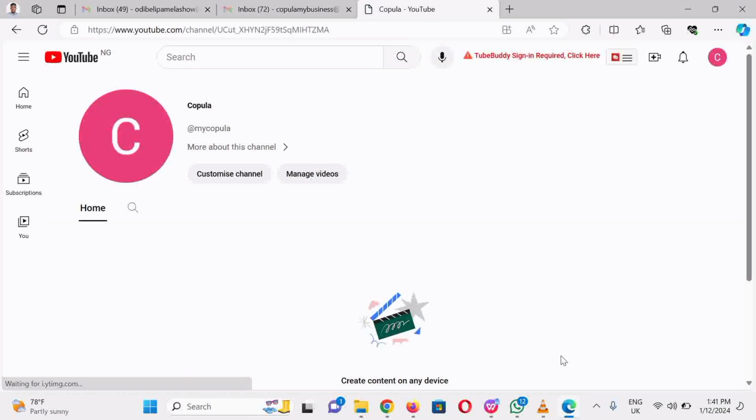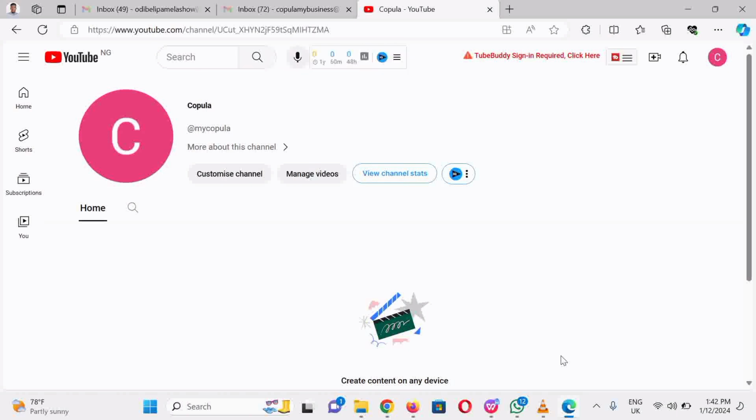So you could also click on the customize channel button in order to update your profile picture and also add a channel art and featured sections on your YouTube channel. So as much as you want, or maybe a welcome video, you could set that all up when you customize